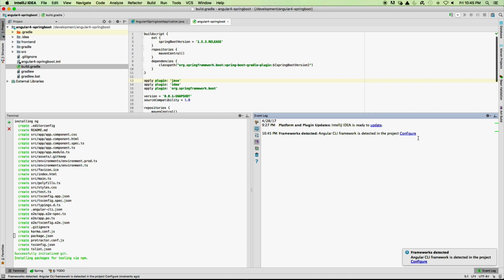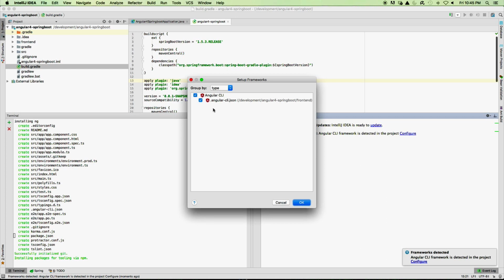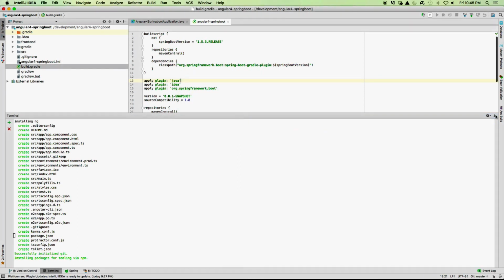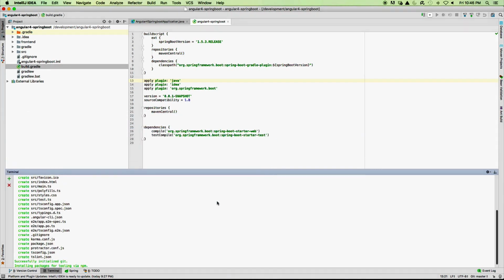So now you should see all the files created by ng, and once at least the basic setup is done, you should see IntelliJ automatically finds the framework setup, and then it automatically helps you with IntelliSense and stuff for Angular 4 programming. Let this setup be done. Let's give it a second or two. In the meantime, let's go to